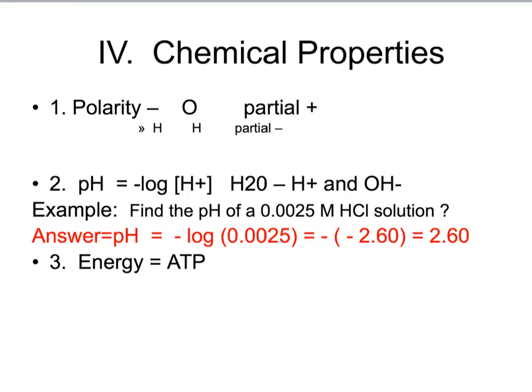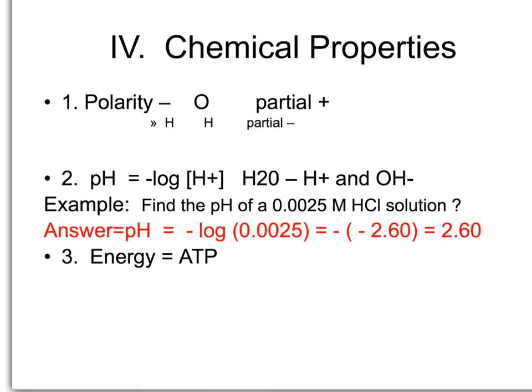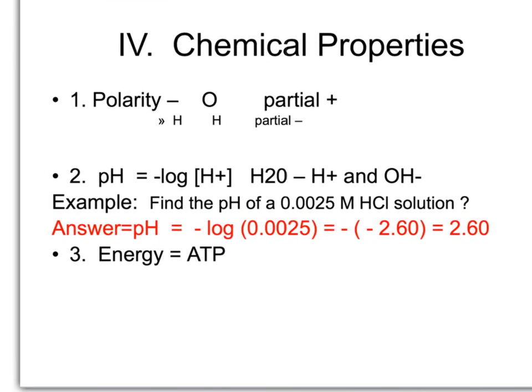Number 4, chemical properties. Most of these groups of large organic molecules have certain chemical properties that define how they participate in chemical reactions and with each other. Polarity, number 1, can result in the way certain molecules interact. For example, this water molecule, H2O, both hydrogens are covalently bonded to the oxygen. In some areas of that molecule have